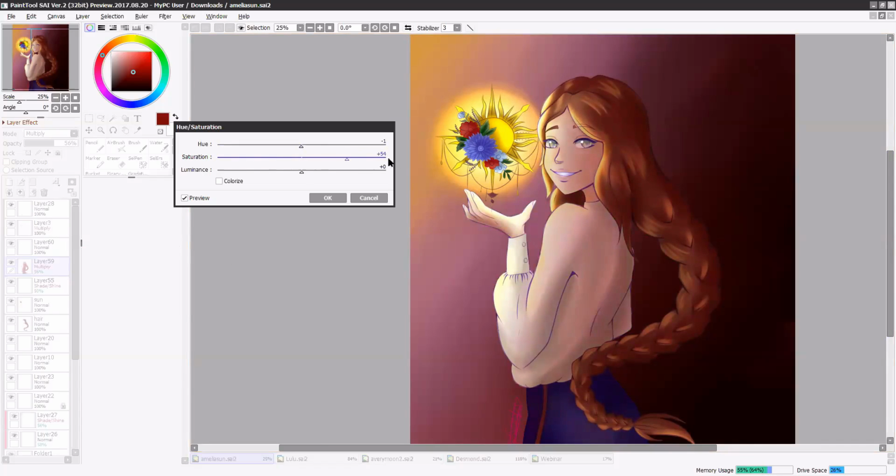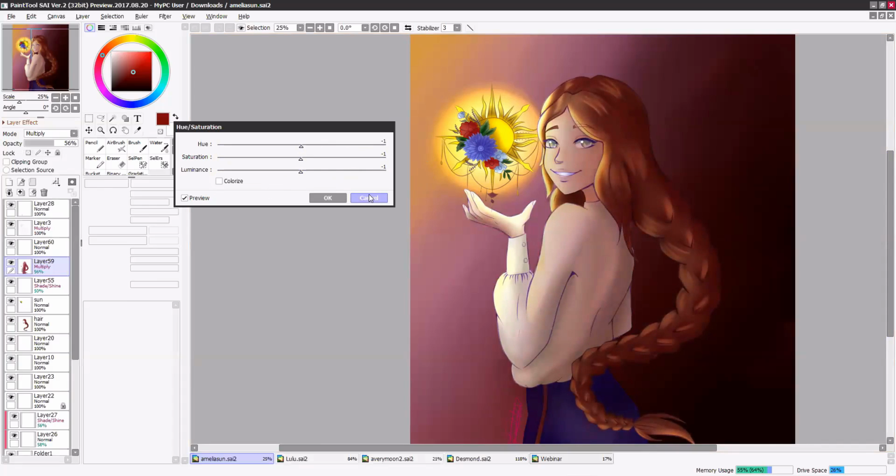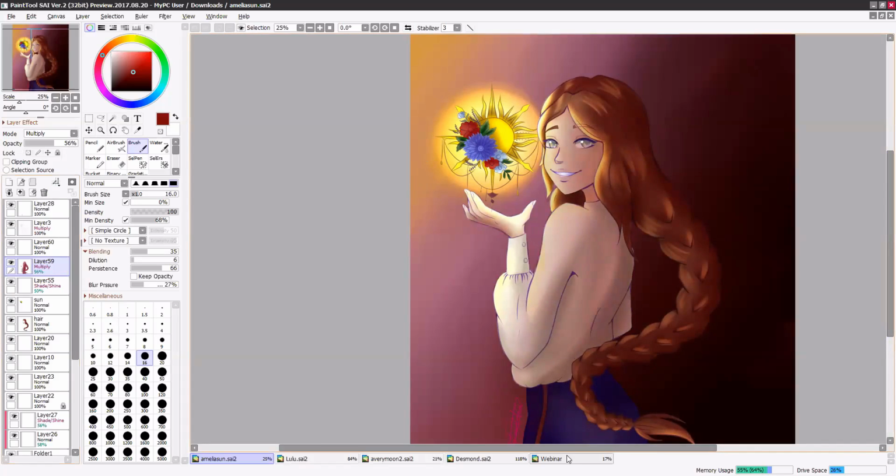Saturation is going to make it either brighter or darker in that red tone that I have being used there. And then luminous is going to be if it glows or if it's pretty dim. I wanted a red tone in this image, so I didn't go super dark. Make it nice and warm. So if we go back,